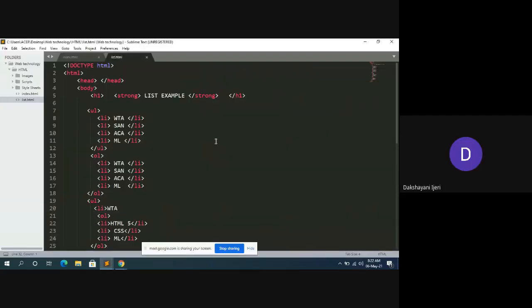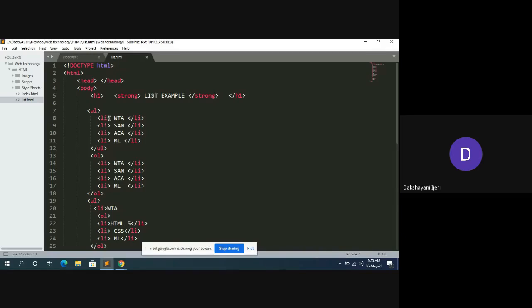Everyone concentrate here. What he has done, you can see here, the first four items are of the unordered list. So start with the UL. To add elements to any list, as I told you, you require the LI element.